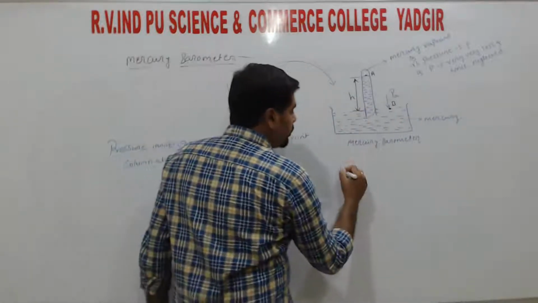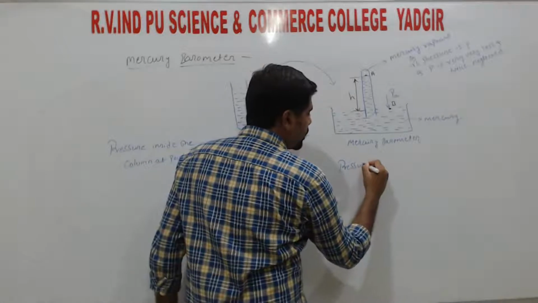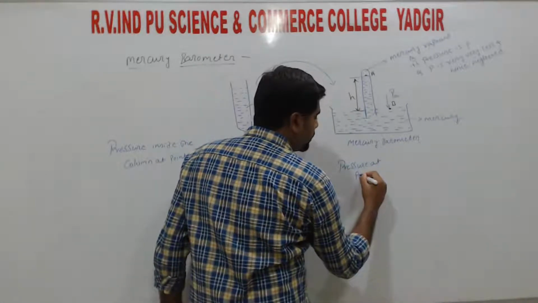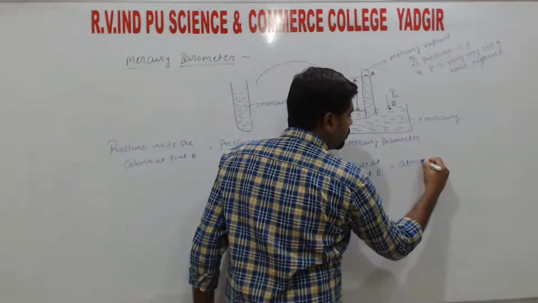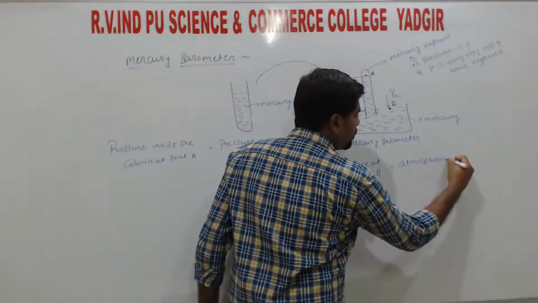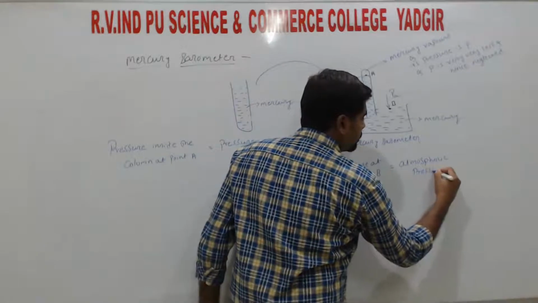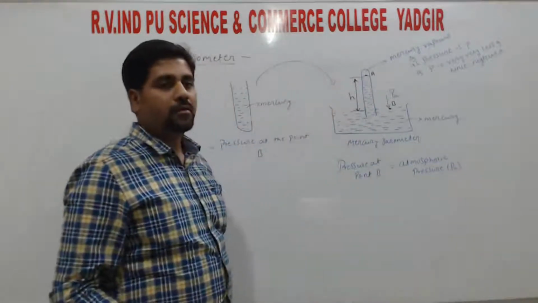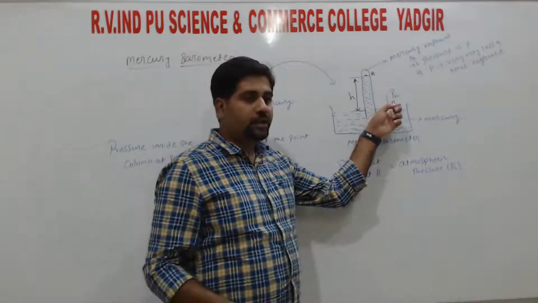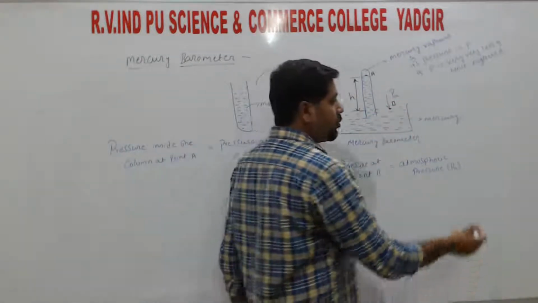So pressure at point B is equal to atmospheric pressure, that is PA. The atmospheric pressure acts here because, as we derived last time,